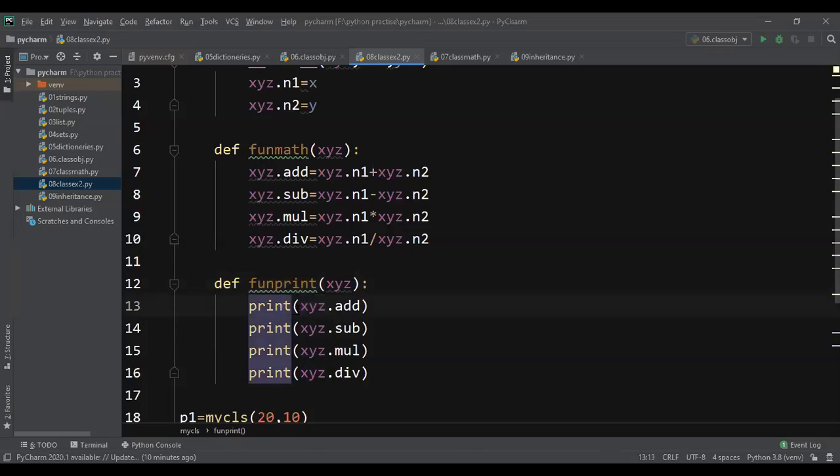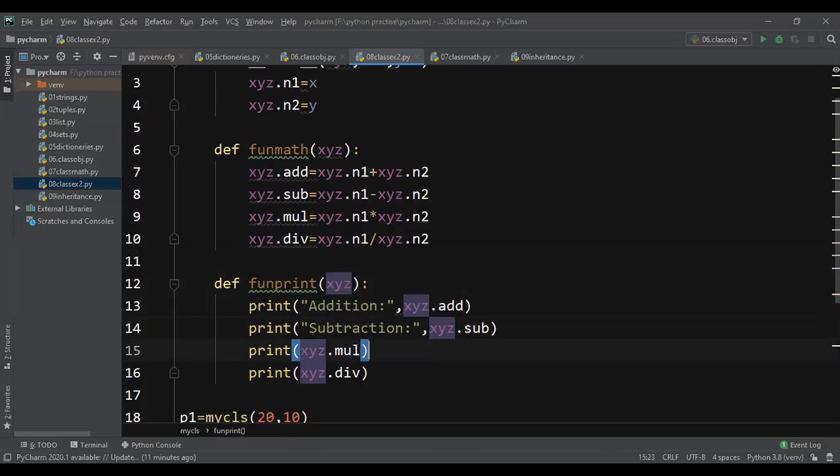So here in print, I'm writing addition, then subtraction, then multiplication, then division.